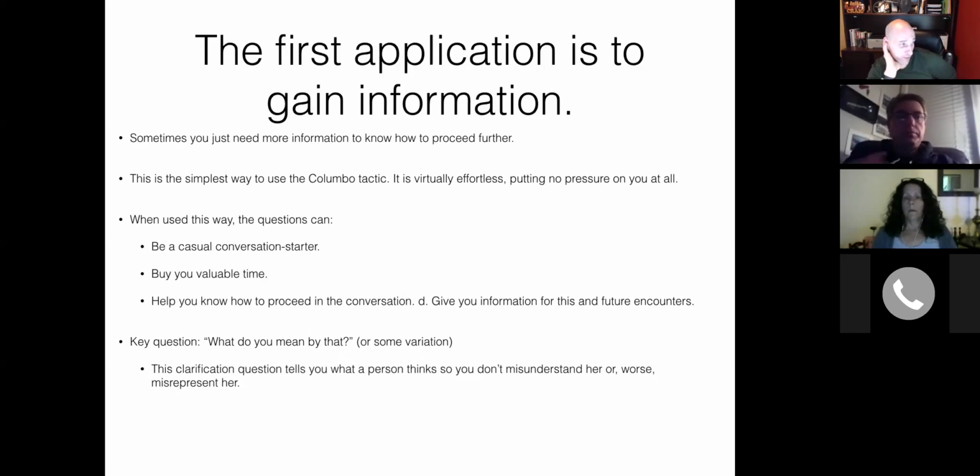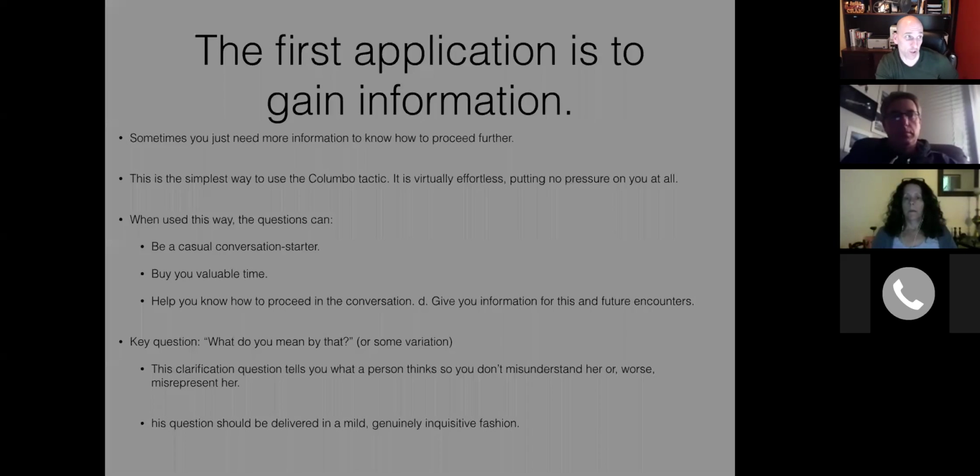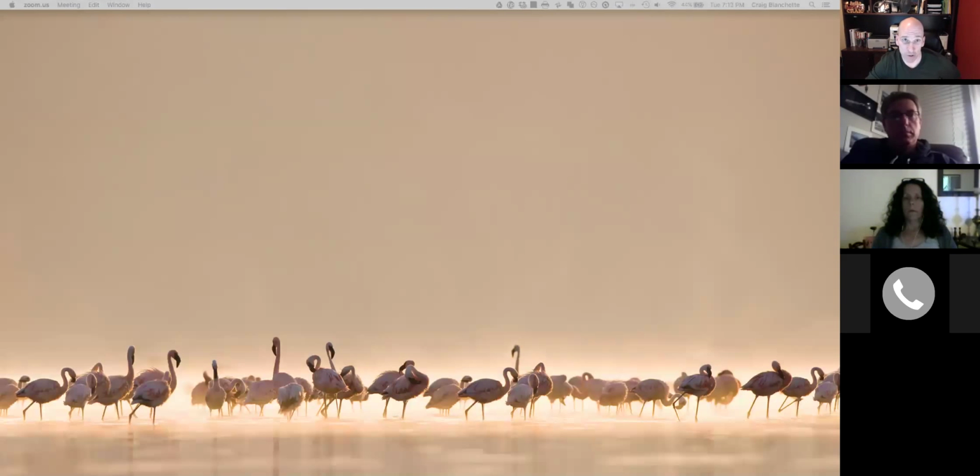This clarification question tells you what a person thinks, so you don't misunderstand her, or worse, misrepresent her. This question should be delivered in a mild, genuinely inquisitive fashion. We're going to talk through that one for a little bit now, and some examples of what that might look like if you were in a situation where someone says,